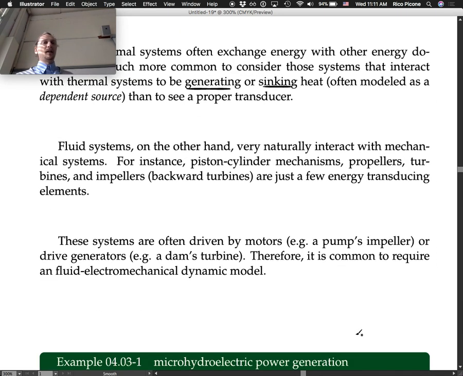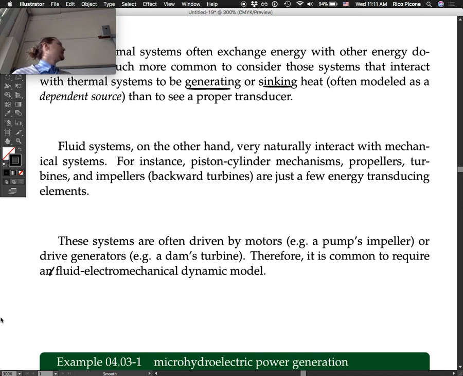These systems are often driven by motors, for example, a pump's impeller, or drive generators, for example, a dam's turbine. Therefore, it is common to require a fluid electromechanical dynamic model. So these are